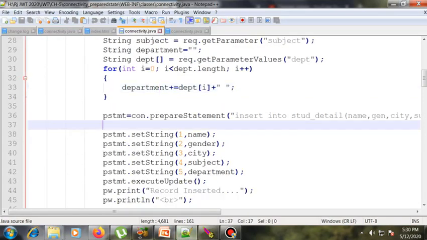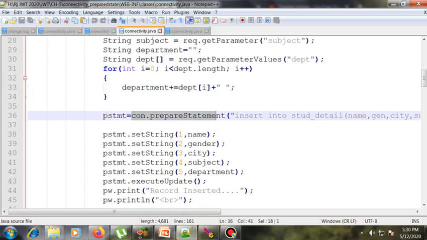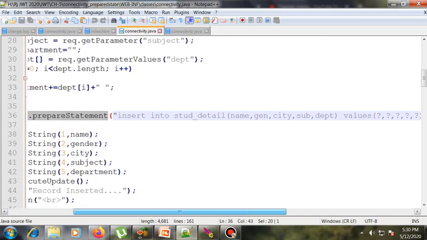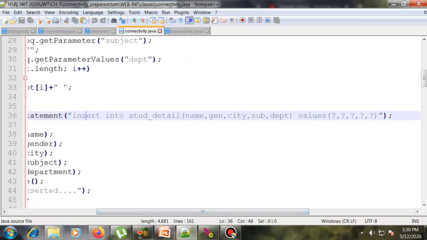Next, how do we create the prepared statement? Here is the PreparedStatement object equal to connection.prepareStatement. Here we are passing the insert query: insert into stud detail, which is our table, name, gender, city, subject, department, values, all as parameterized values.